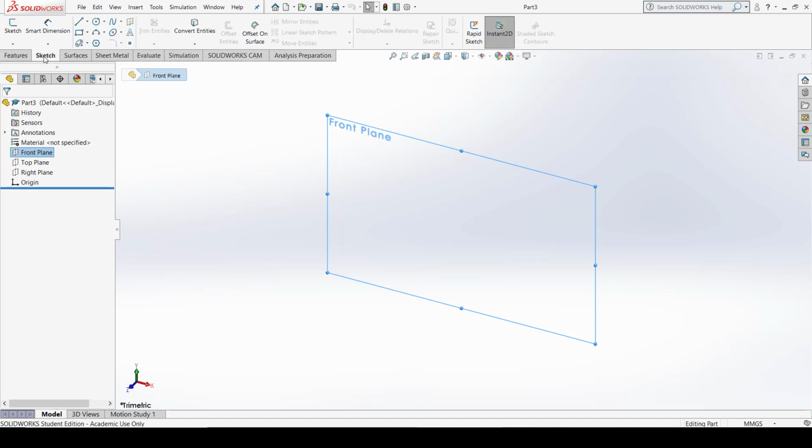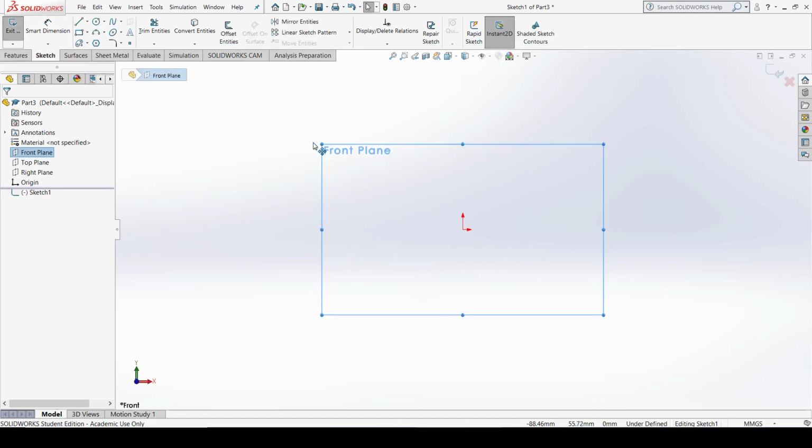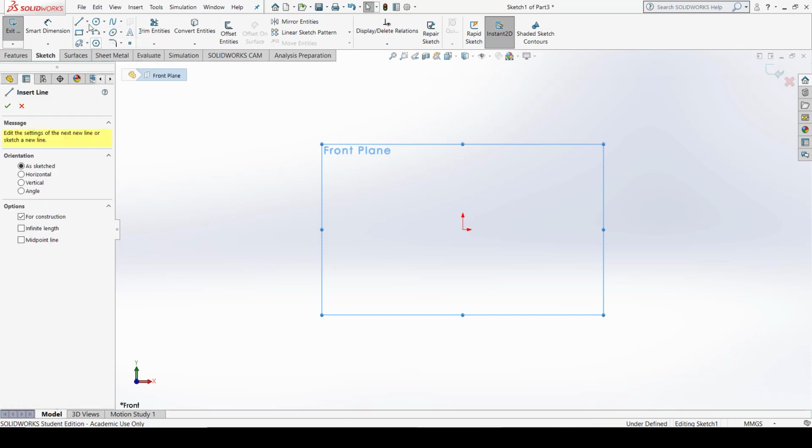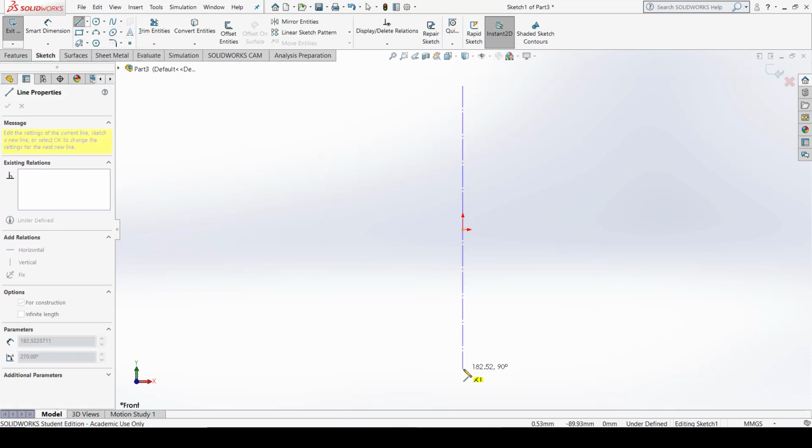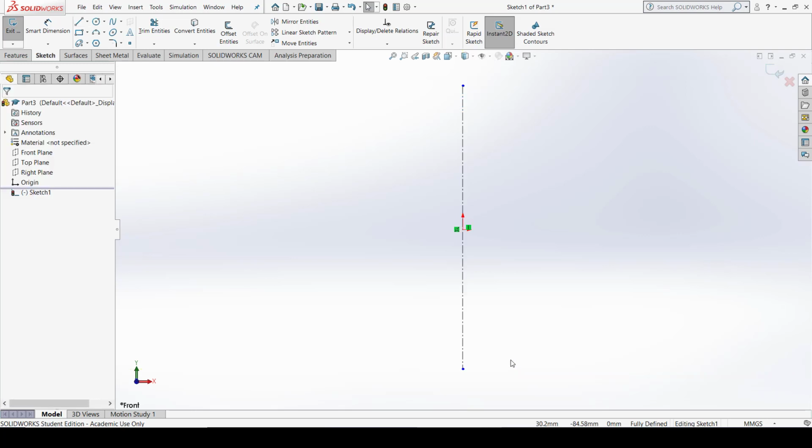Now select sketch here and go to the sketch command. You can see your front plane is perpendicular to the user when you click sketch. Now first of all, for the revolve boss command, we must ensure that in 2D we have a center line, so that the revolve command can take place about that. So the revolving of that entity must be about some center line. So we select center line from here and draw a center line at the origin. Press escape to end the command.